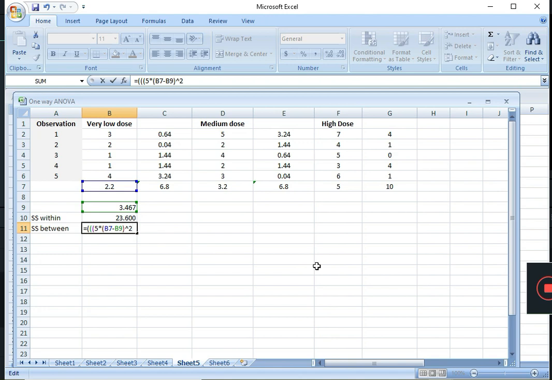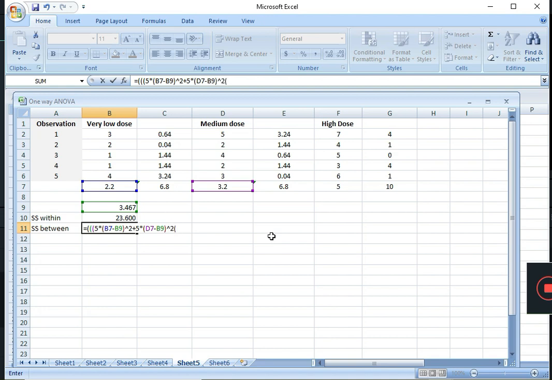Okay, Excel will help us out if we are not good in the formula. And then 5, because 5 is the number of items in one group, into bracket, again this, sorry, this minus this, hat 2